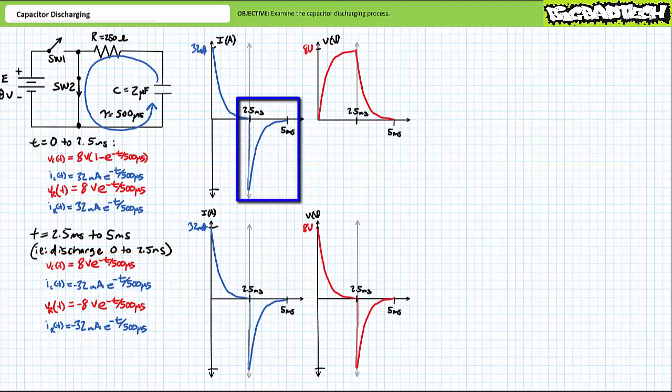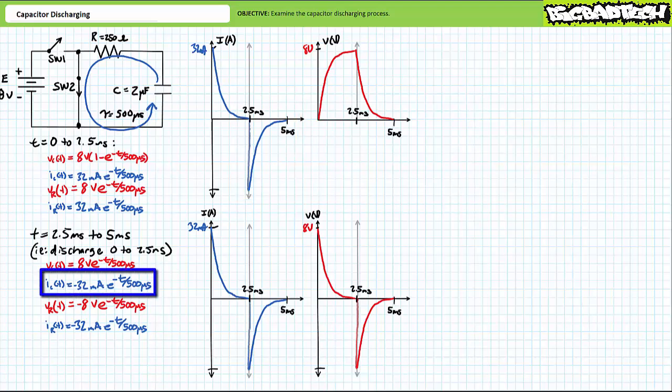During the discharge phase, current leaves the capacitor. By our earlier definition, this reversal of current flow must necessarily be negative. Given 8 volts applied across a 250 ohm resistor, Ohm's law demonstrates this initial burst of outgoing current will be 8 volts over 250 ohms, or negative 32 milliamperes. Current through the capacitor IC of t can be modeled as negative 32 milliamperes times e to the negative t